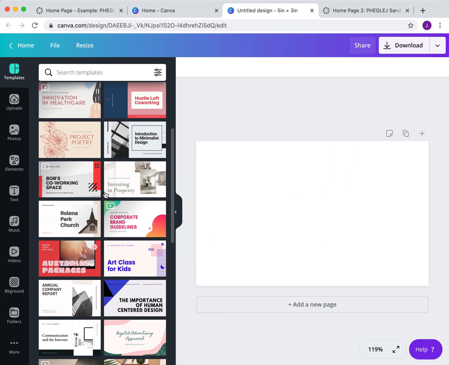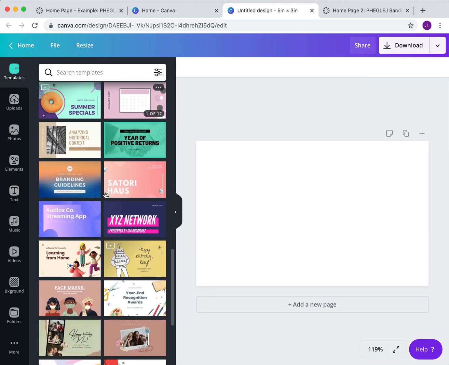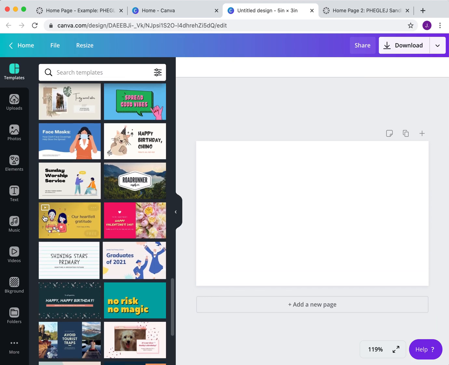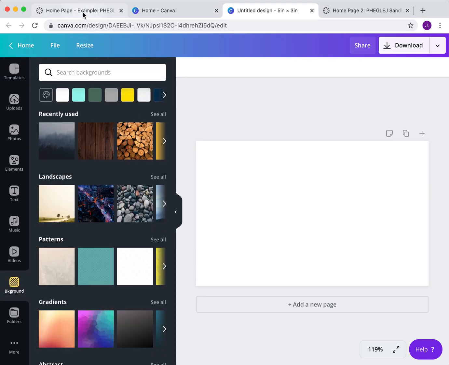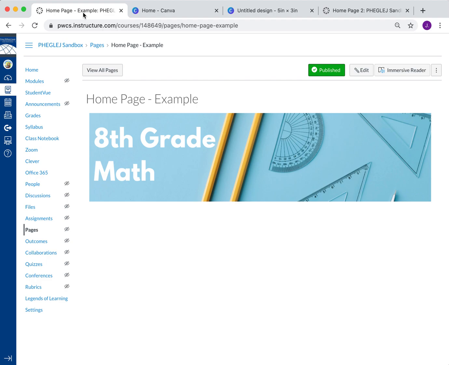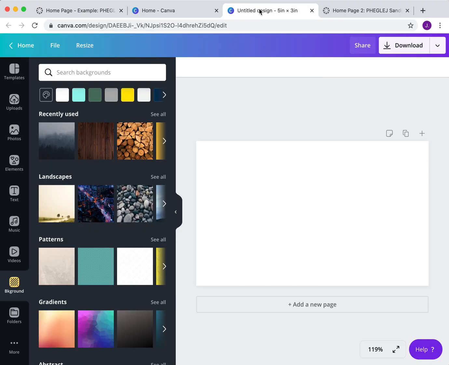Now, I could use a template, but because I think buttons should be really simple and clean, I'm actually just going to come here to backgrounds. If I look back real quick at her page, I'm thinking I want to keep it really simple, but maybe bring in another color. So maybe I come up here to my